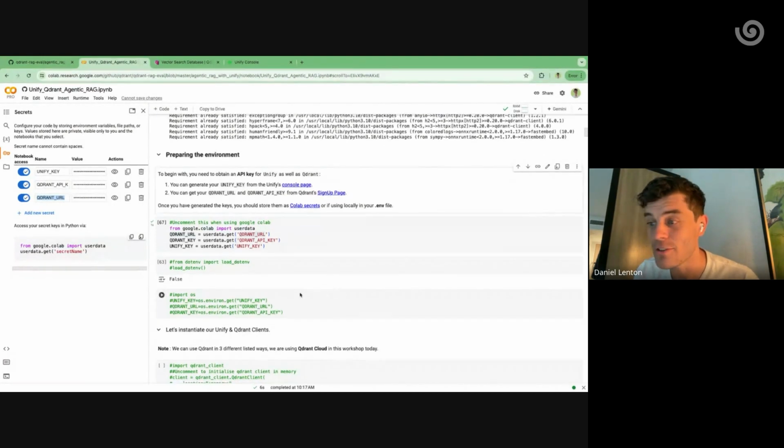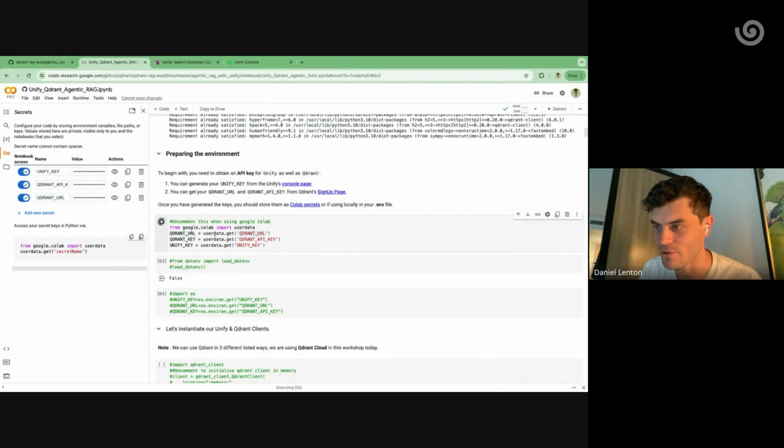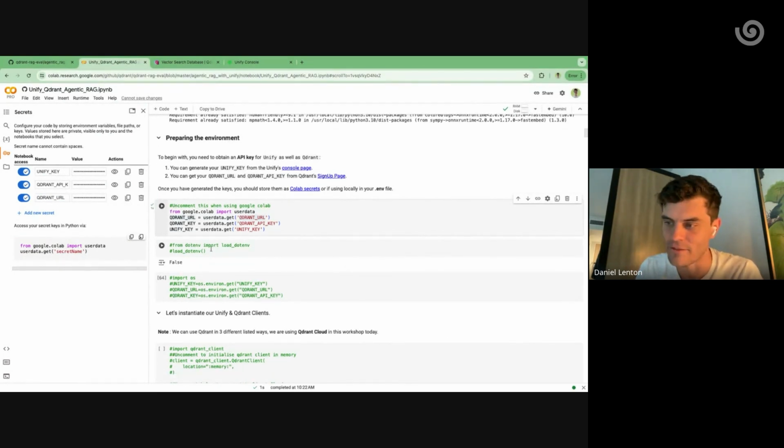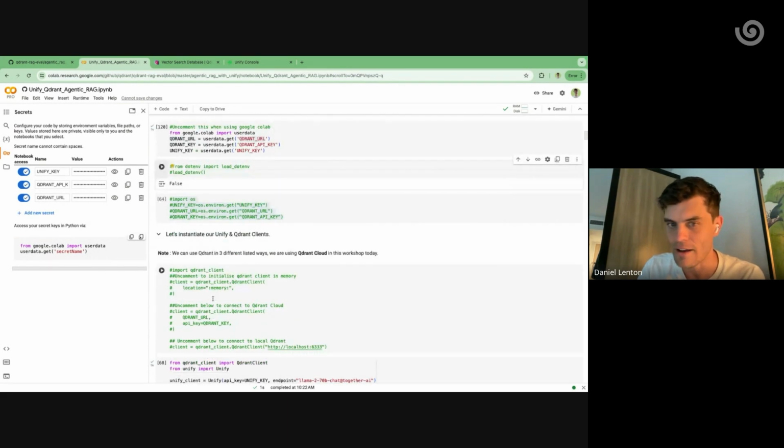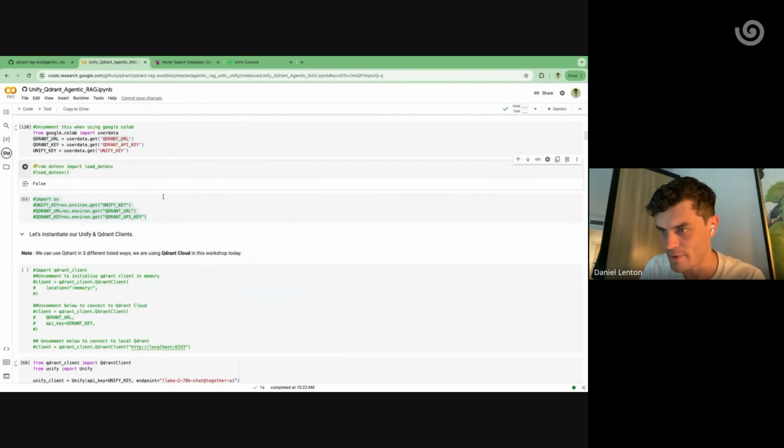Well, let's move on. So this is how we're going to be doing it. We're managing it through the Google Colab secrets. Alternatively, you could save these as environment variables if you're running this locally, for example, but we keep these commented out for now. Let me just close this as well. Okay, so